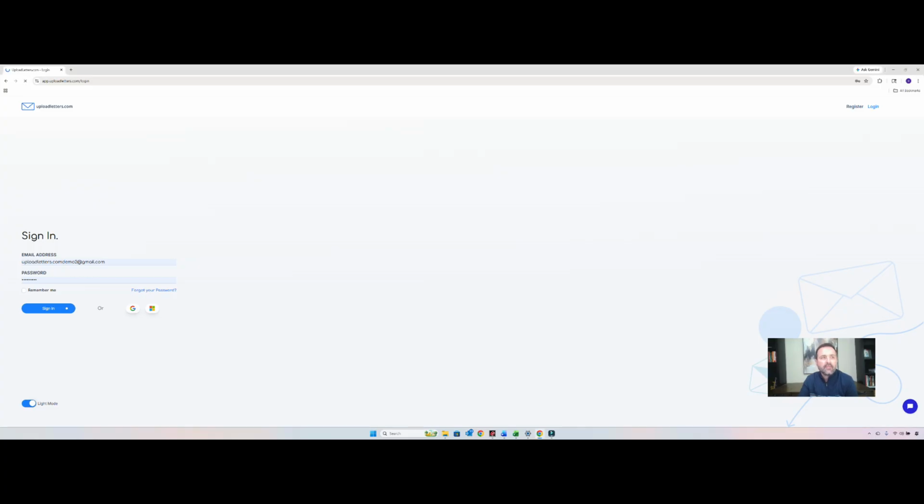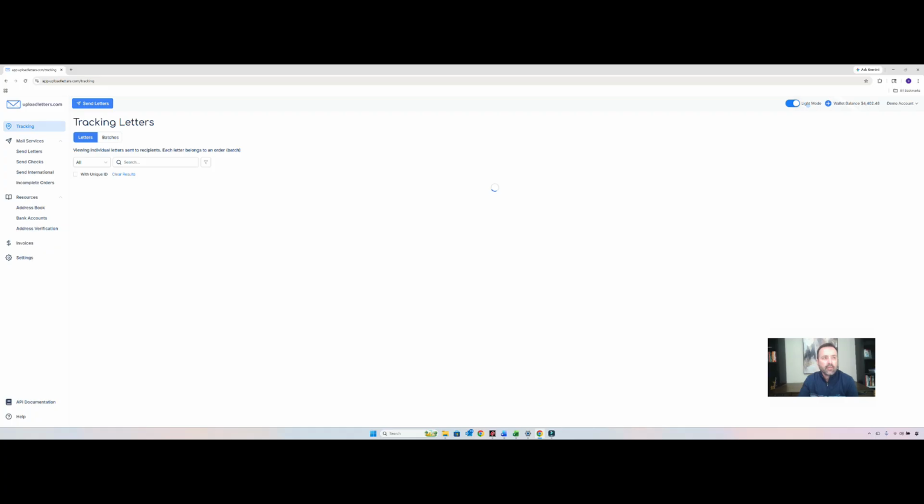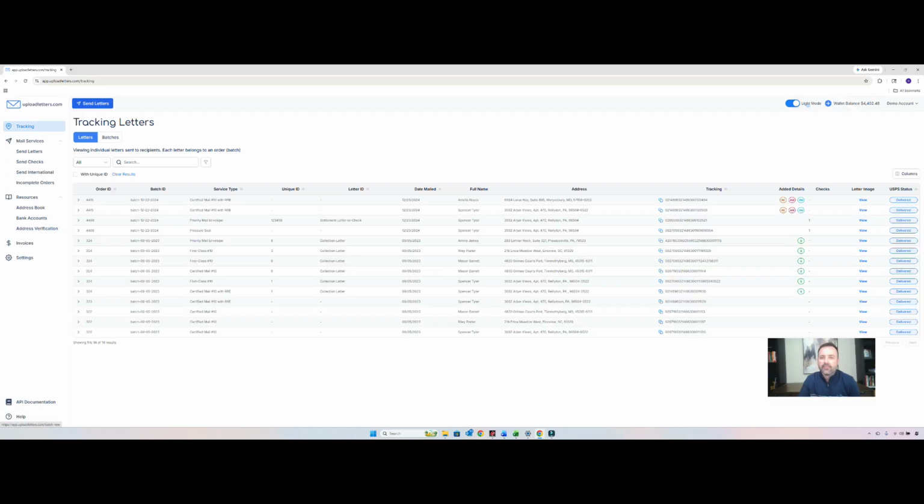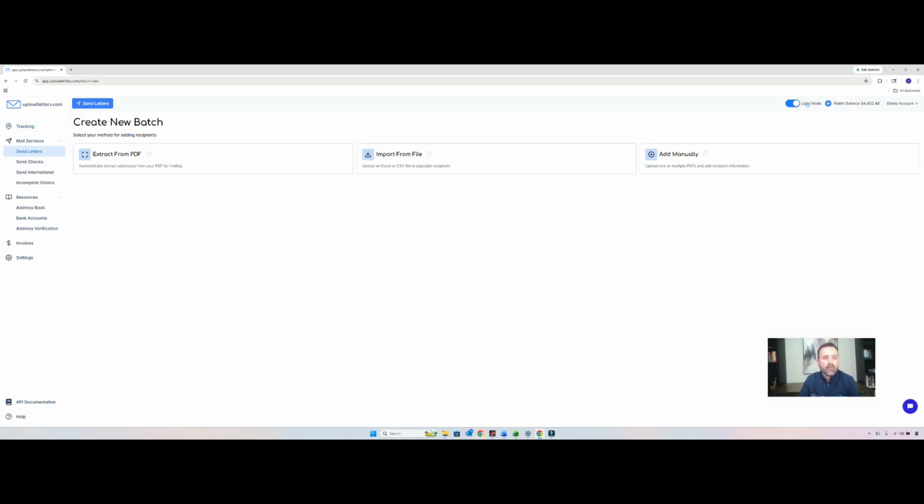So we're going to log into the UploadLetters application, and we're going to click on send letter. Obviously there's a number of ways that you can send out a letter using the application, but we're going to choose add manually. This is mainly used for sending a single letter, but can be used for sending multiple letters. The way it works is we can upload a PDF, or we can drag and drop it